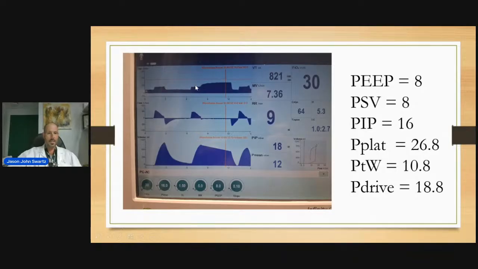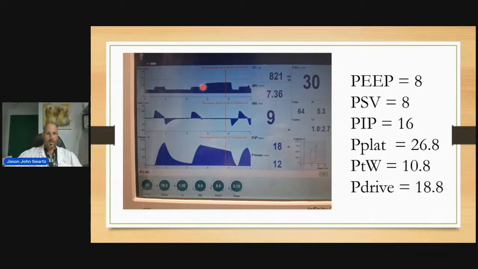And many people think that that's the plateau. Now, because there is no limit to flow, this patient, while the vent's doing its job of giving the pressure control breath, can draw additional flow, which is additional volume. So the breath has a lot more tidal volume than if he was just passively allowing the vent to push that delta. And when you do the plateau at the end over here,